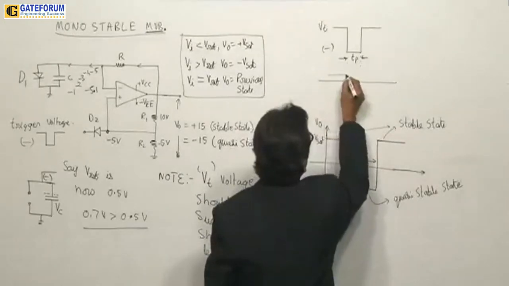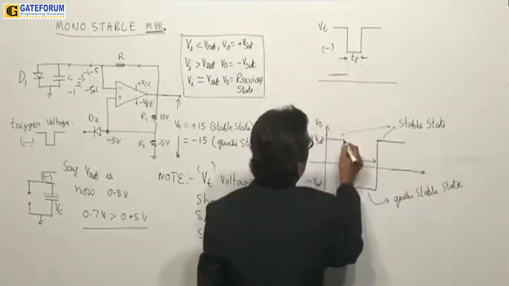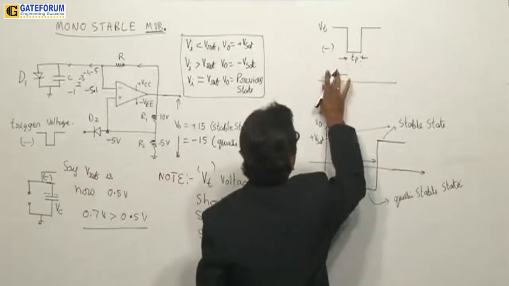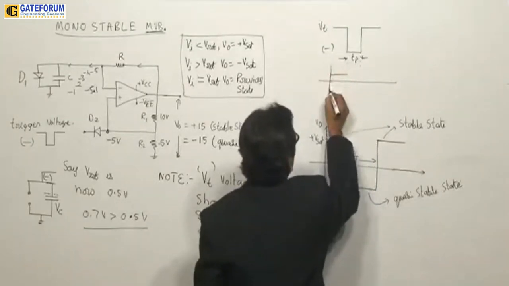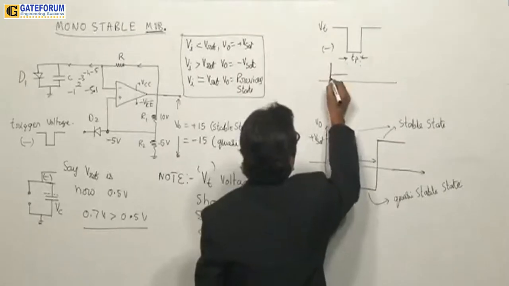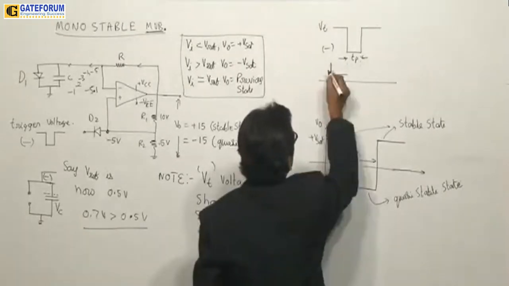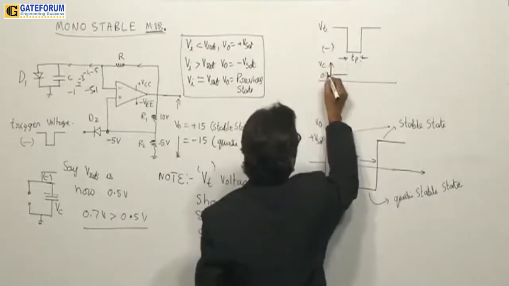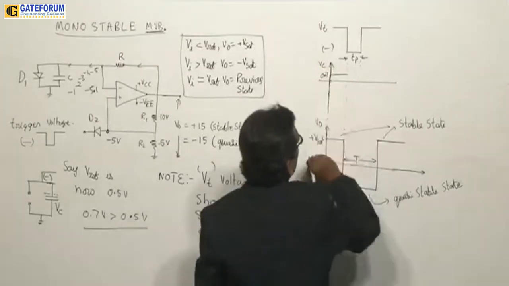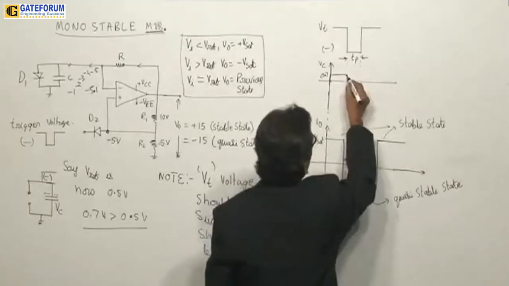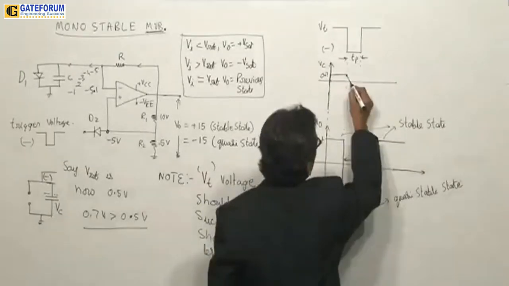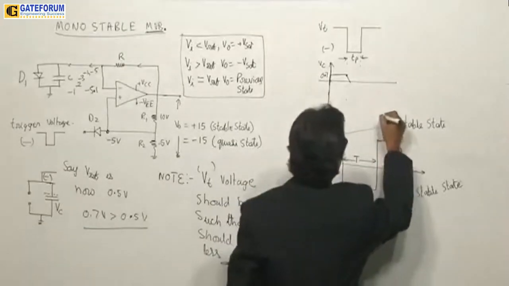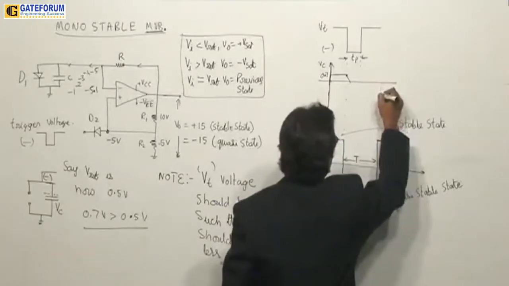Now the capacitor initially, when the output is at plus Vsat, all of you carefully observe, when the output is at plus Vsat, the capacitor is charged. You can see here this is the voltage across the capacitor. So the capacitor will be charged up to 0.7 volts, not more than that. Once the trigger is applied, now the capacitor gets the opportunity to charge